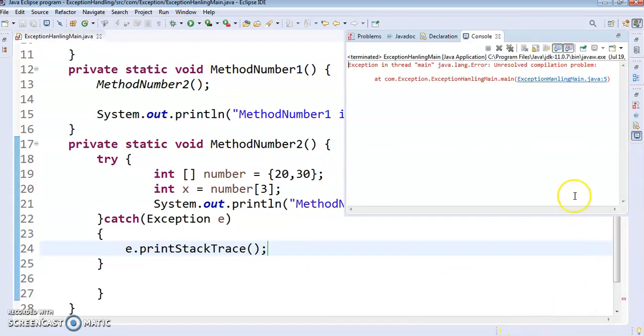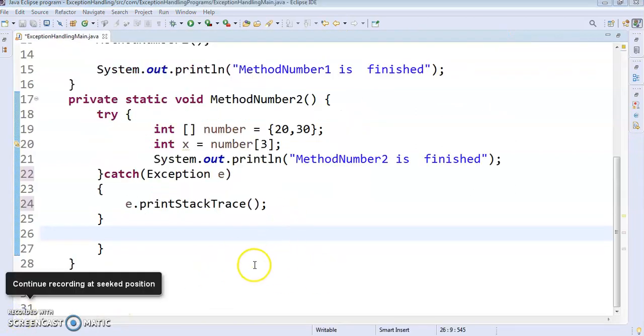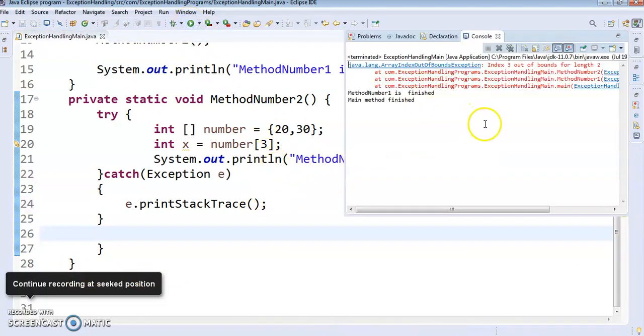Now observe carefully. Now there is an exception. Actually, the earlier window was showing some different error because one extra closing brace was there. Now if I execute one more time, see, observe carefully. These all three were the previous exception that we have already seen in the last execution. But despite this, method number 1 is finished is executing, and main method is finished is executing.